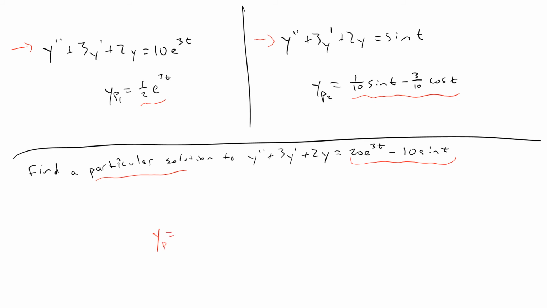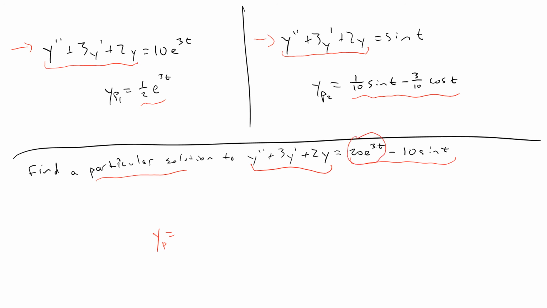The reason I can do that is if you look at the two that we've already solved, the left-hand sides are exactly the same: y'' + 3y' + 2y. The left-hand side of this other equation is y'' + 3y' + 2y, and the equation we're trying to solve right now also has the exact same left-hand side. So the left-hand sides of all of these are exactly the same. The right-hand sides are different. But